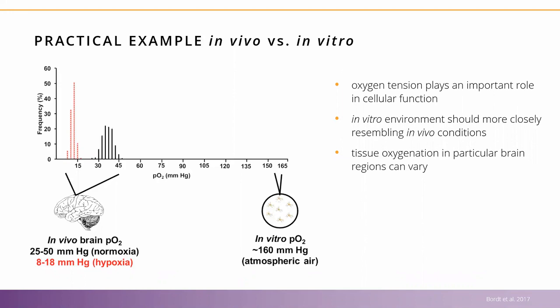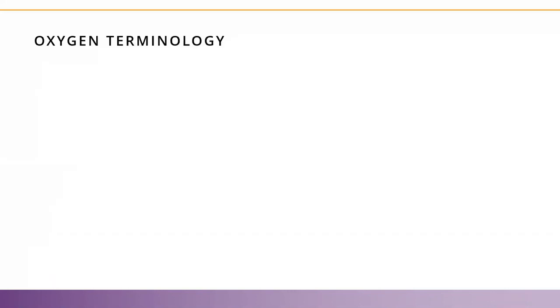So we know that oxygen tension plays an important role in cellular functions. In vitro environments should therefore more closely resemble in vivo conditions. But of note is that tissue oxygenation in the brain or other tissues can be region specific. So it's not per se that the whole brain has one oxygen concentration rate. So although that is a limitation that we still have to work with, working under such high oxygen levels is definitely less preferred. But then I need to cut back and look at oxygen terminology, because in the previous slide